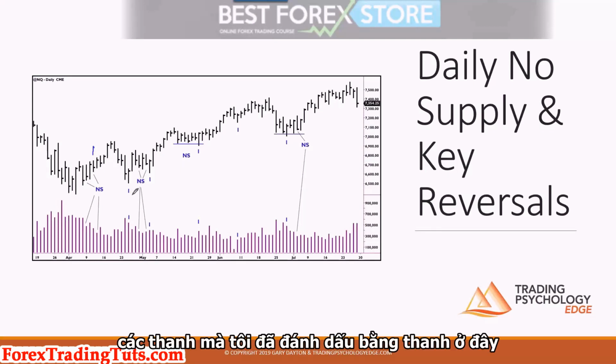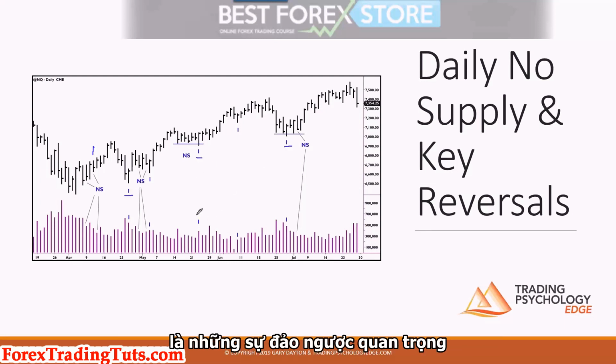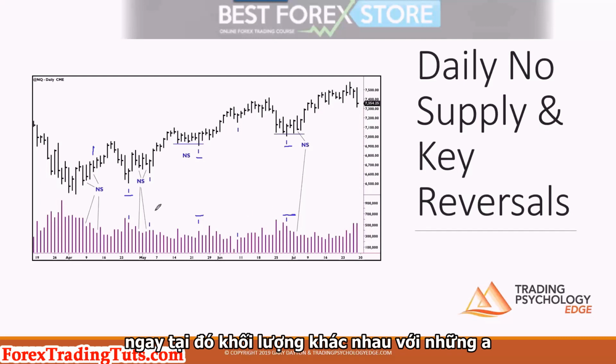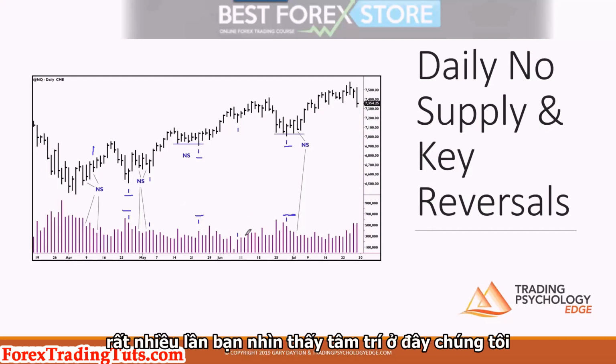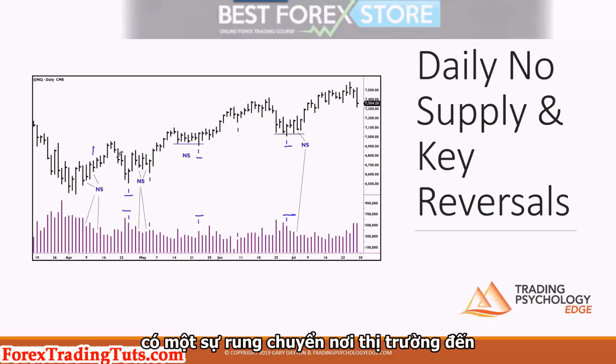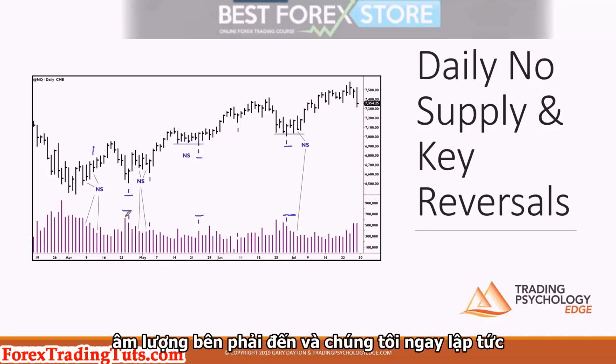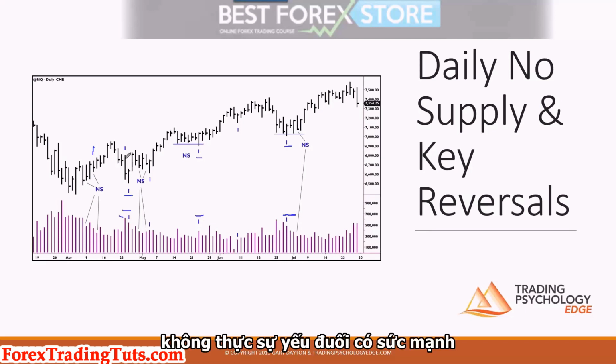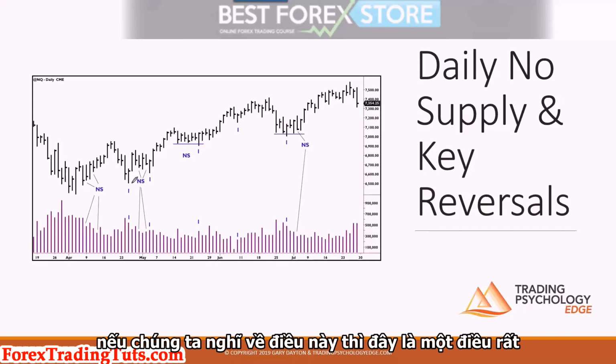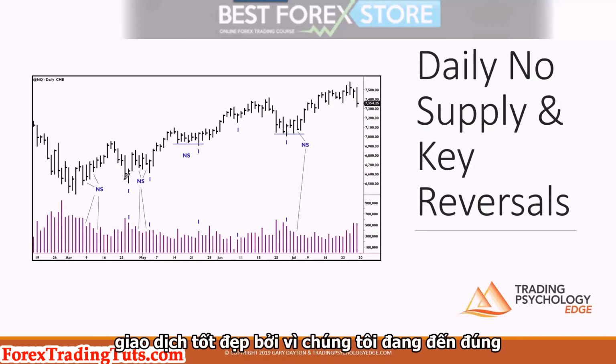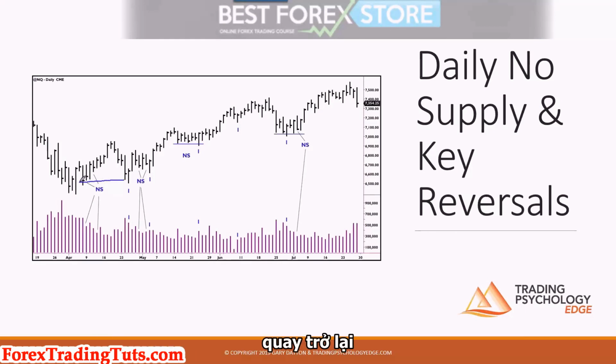Okay. The bars that I marked with a 1 here are key reversals. Right? There are various volumes with these. A lot of times you see the buying. Here we have a shakeout where the market comes down and then we push down hard. Right? Volume comes in and we immediately reverse. So it tells us that that weakness isn't really weakness. There's strength there. And if we think about this, this is a very nice trade because we're coming right back into